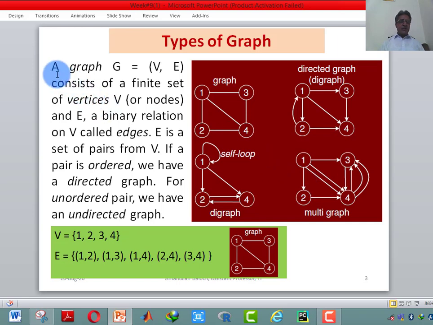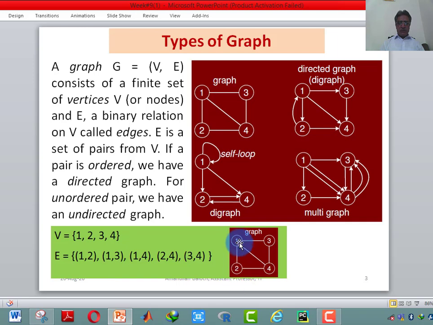Definition of a graph: a graph, we denote the graph with the capital letter G. A graph G is equal to V comma E. What is V? V is the set of vertices. Let's suppose this is our graph. There are 4 vertices: 1, 2, 3 and 4. The nodes are also called vertices. The set of 4 vertices is denoted with V, and there are 5 edges: